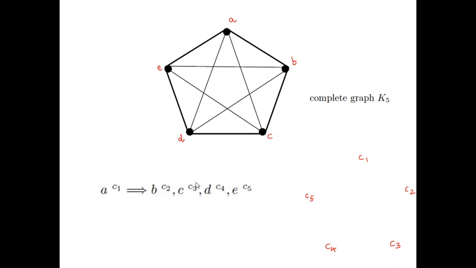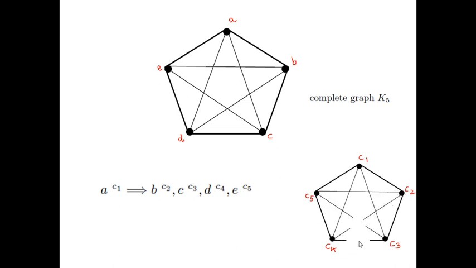So you have to give another coloring. A is a separate color C1, B you have to give C2, C you have to give C3, another color, because B and C are adjacent. Again C and D are adjacent, so a different color. Again for D and E, the other color C5. You can see the colors given are C1, C2, C3, C4, C5. Every vertex is adjacent to the others, hence you have to give different colors, so you can say the chromatic number of this complete graph K5 is 5.